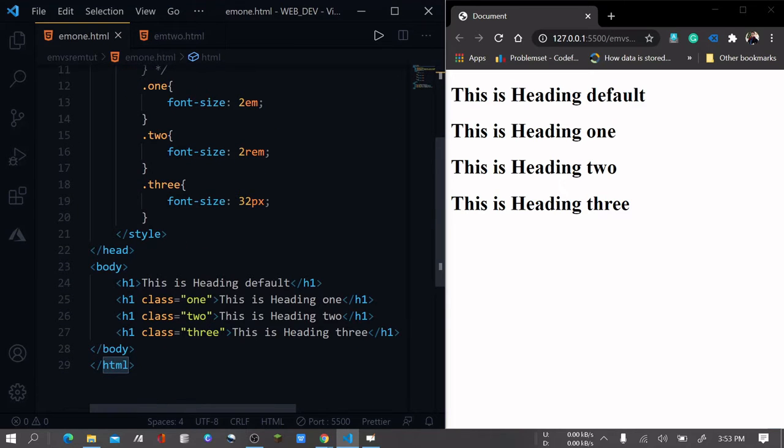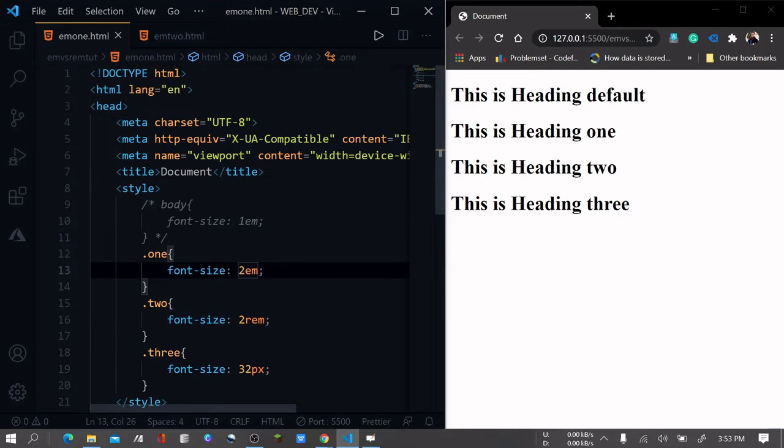The font size of this heading 1 is 2em, so EM will always look at the parent font size. As of now its parent is body, but the body has no font size, so it will look at the topmost parent, HTML.